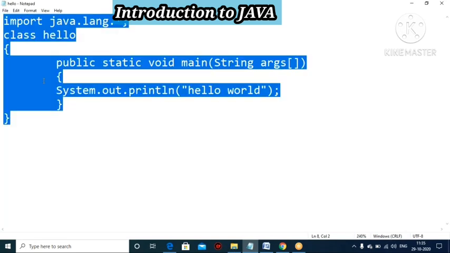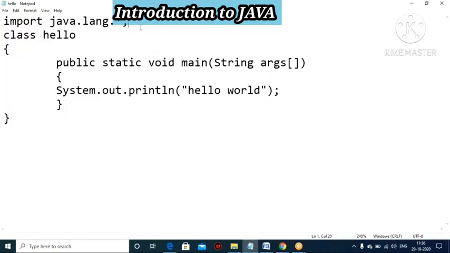This is the very beginning of a Java program, Java language. See the first portion: import java.lang.*, with an asterisk, ending with a semicolon. It ends with a semicolon. We call this a package.